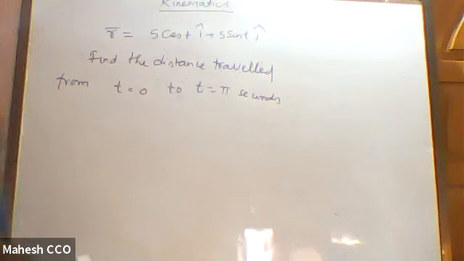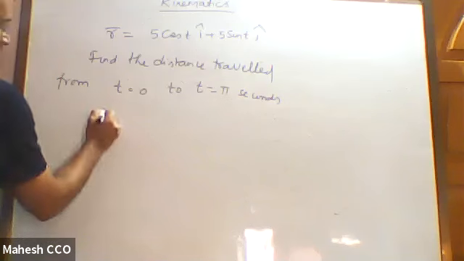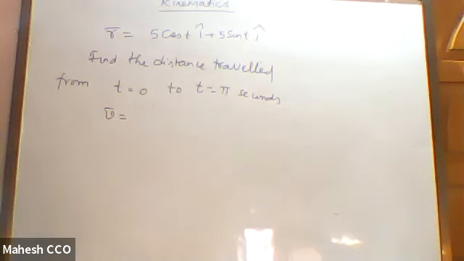Fairly a simple question. So how do we discuss this? Such a position vector is typically written for a circular path: r cos theta i cap, r sin theta j cap. Or, if you still don't want that, there is another way of doing it. First find dr bar by dt, that will give you velocity. If you differentiate the position vector, it will give you the instantaneous velocity. I already told you, v is equal to ds bar by dt is equal to dr bar by dt.